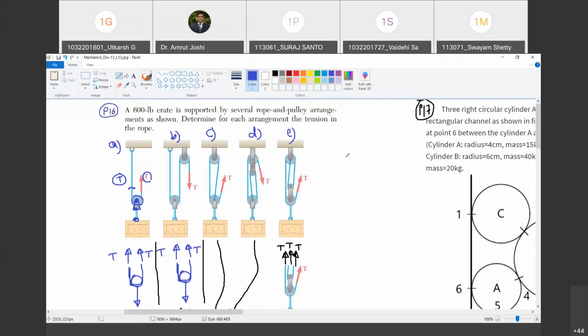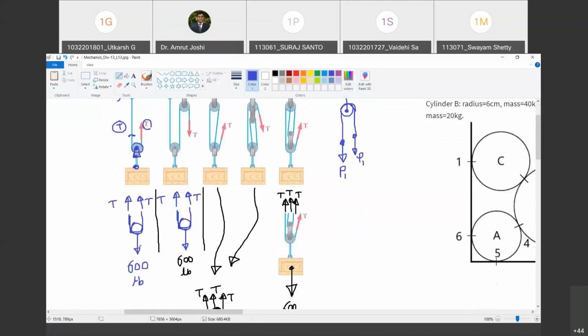So what I mean is, if you have a pulley like this, which is not locked, a pulley like this, and you have force P here in the wire on this side, then to make it balance, on the other side also you will require the force P itself. This is what it means. So therefore, if the tension on one side is T, the tension on the other side is also T, provided that the pulley is frictionless. Happy? Okay, remember this point.